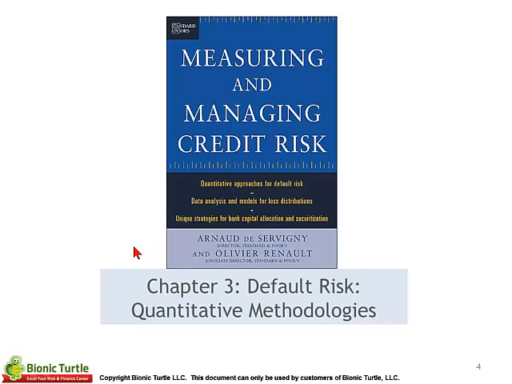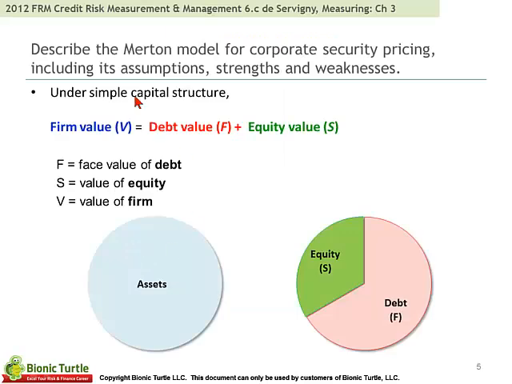So Chapter 3, Default Risk, Quantitative Methodologies. Under the Merton model, okay, we really have a simple capital structure assumption. And notice I've got these presented like the balance sheet of a firm, left-hand side, right-hand side. That's the way I think about it. Here are the firm's assets on the left-hand side. And on the right-hand side, we have the sources of